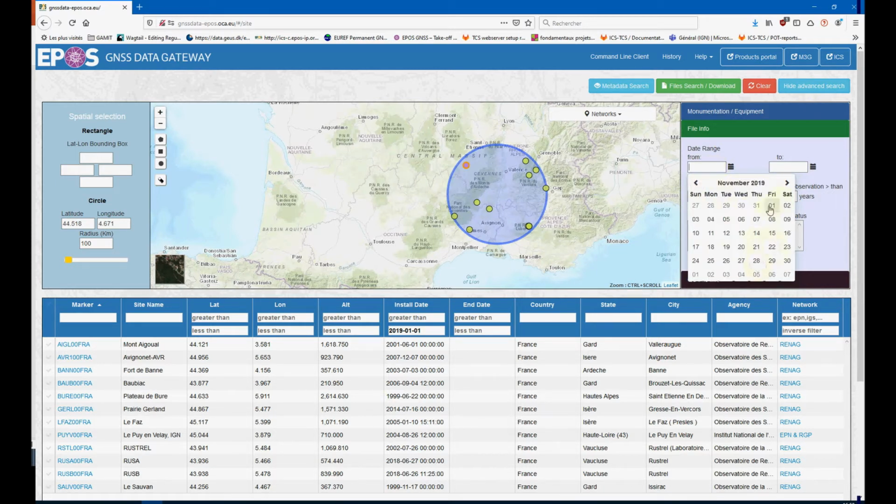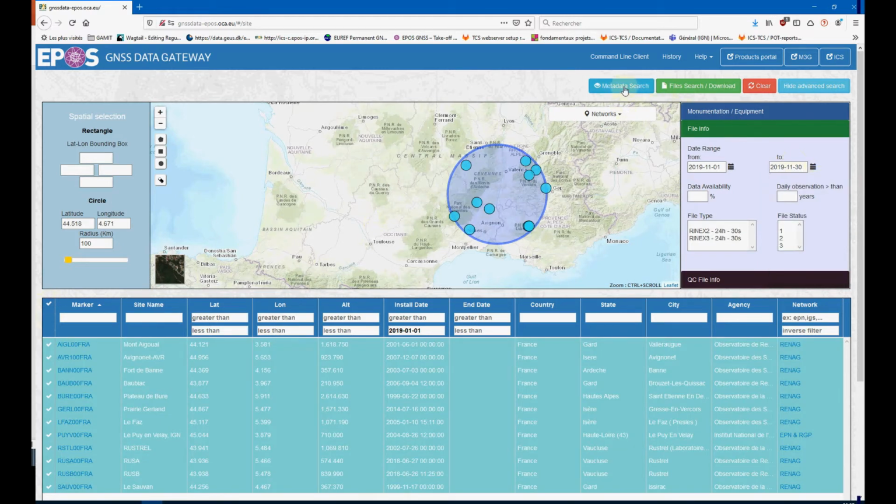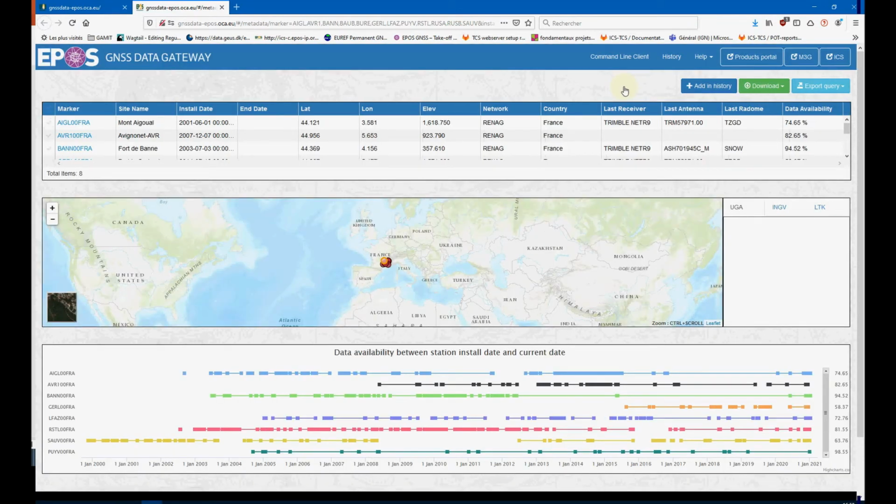So we do it in the advanced search box. Now we have all our criteria set, and we click on the metadata search button to get the metadata. It will search the database for all the station metadata corresponding to the selected criteria.